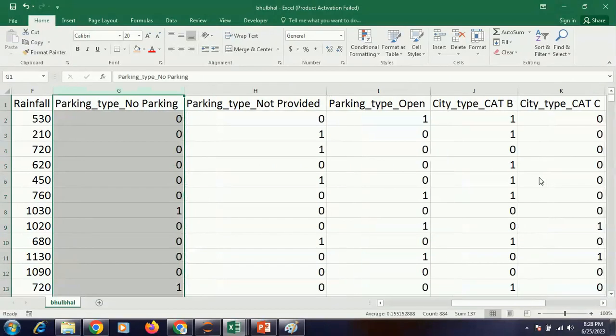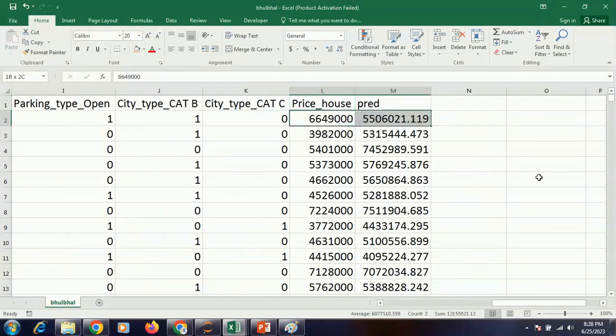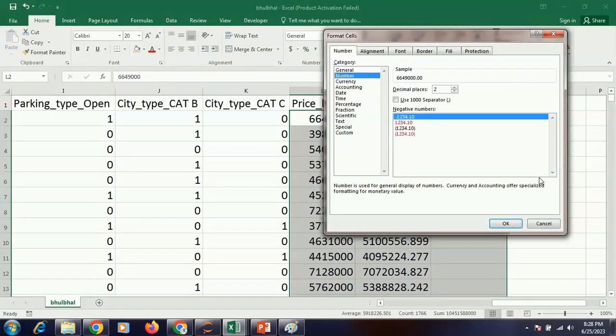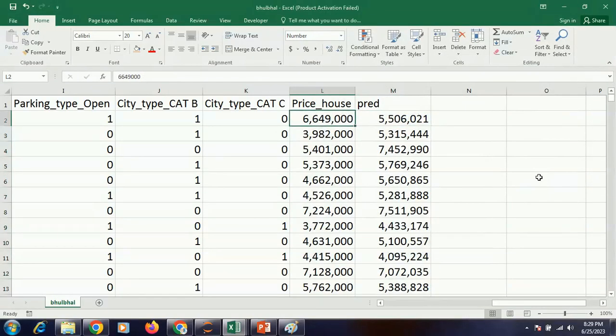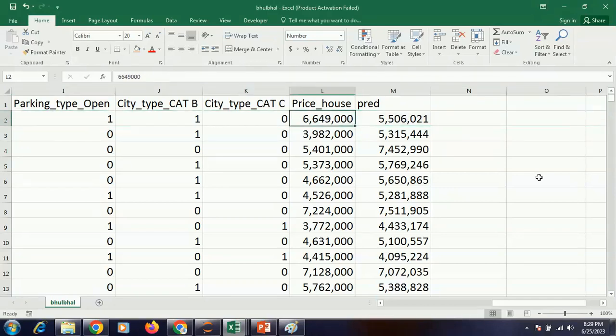Okay, and how we are going to recommend to them which house to buy. So tell me, let's talk about the first row. You have predicted, you think this particular house should be priced at 55 lakhs, whereas the owner is asking about 66 lakhs. What do you think? Is it an expensive one or reasonably priced?